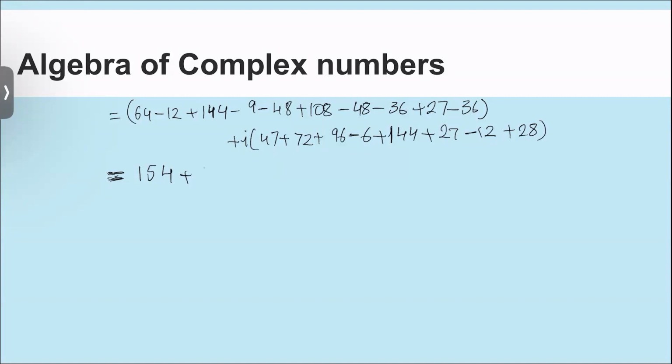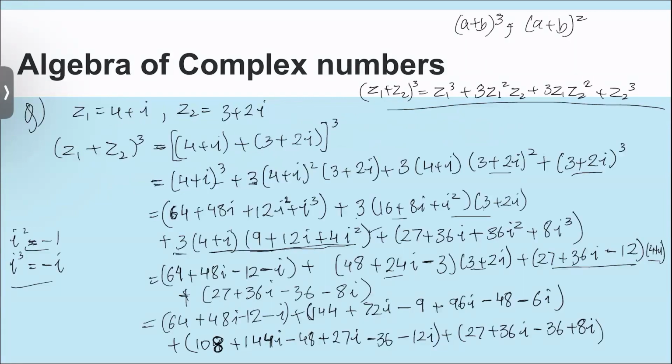Okay, so this becomes 396 pi. Okay, so this is what you get. Now you can obviously take out the highest common factor. You can solve it further. But this is how you can solve for such identities and get it in the form of a